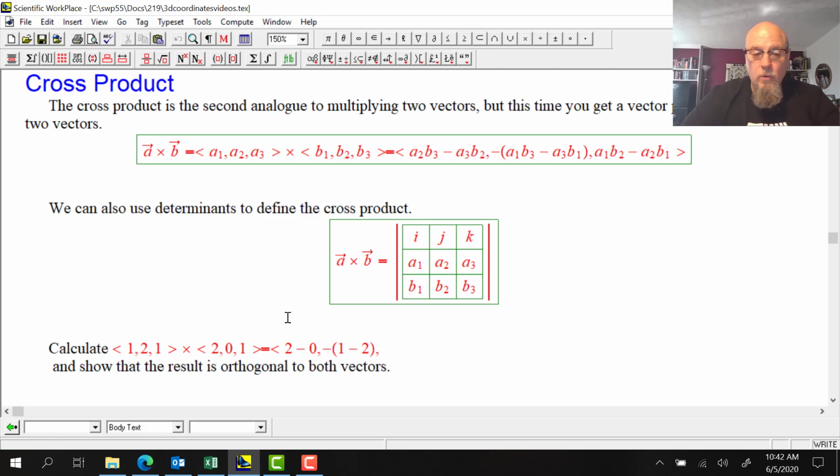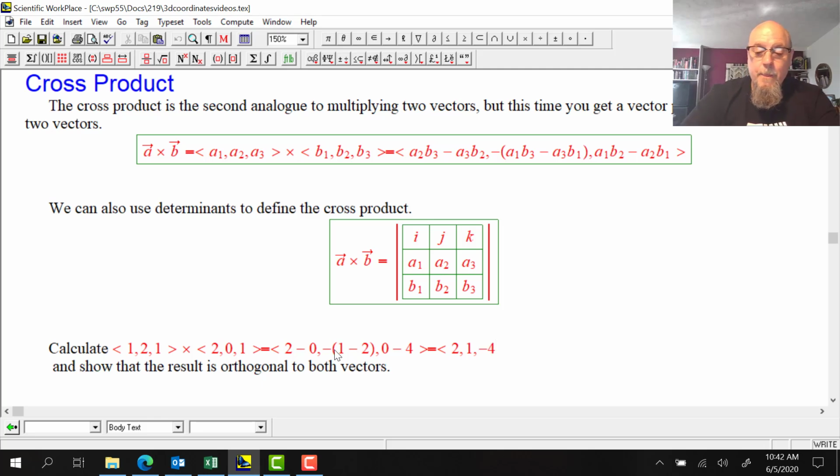Now the last component only has 1s and 2s in it, no 3s. So that's going to be 1 times 0 minus 2 times 2. There's a ton of ways that I could have screwed this formula up: multiplying things wrong, putting in the wrong formulas. Let's simplify this and see if I'm correct. When I simplify this vector, I'm getting the vector 2, this is going to be minus 1 with a minus minus, so 2, 1,